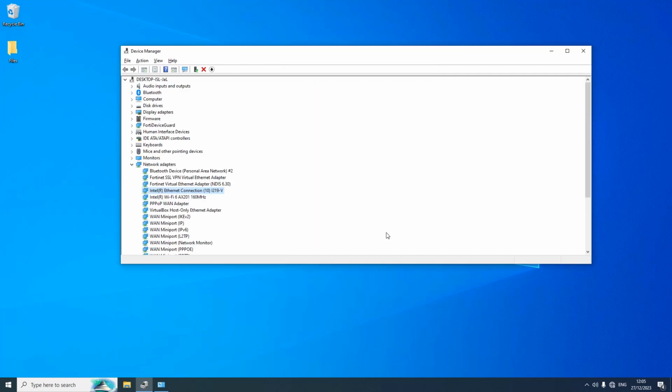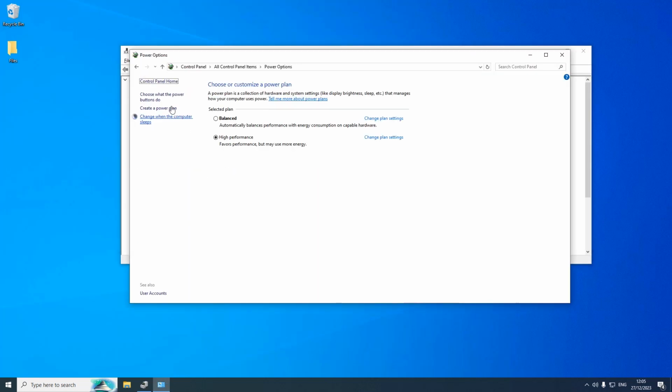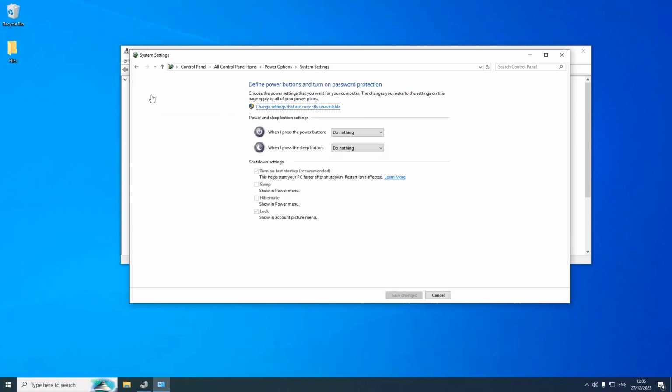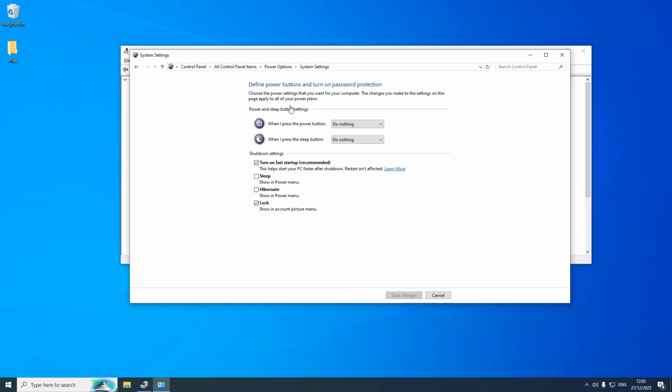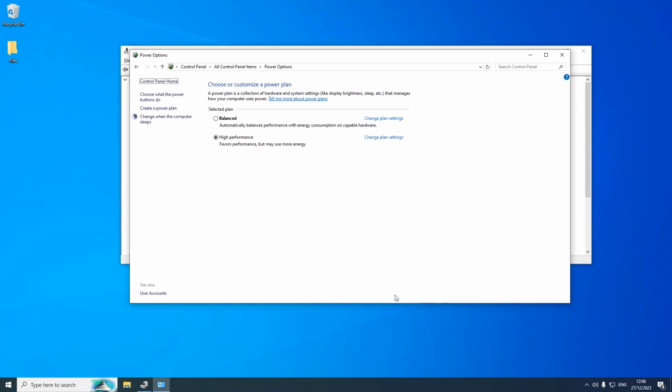Once we click OK, let us also open our power options and click on Choose what the power buttons do, and then change settings that are unavailable. In order for Wake on LAN to work, it is crucial that we disable fast startup. So once we have saved our changes, the very last thing we need to make sure of is that Wake